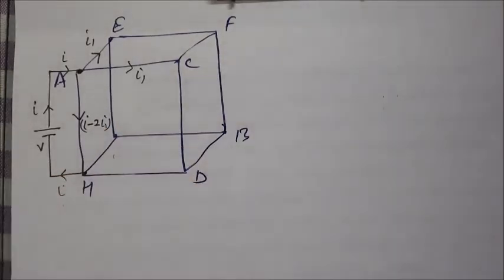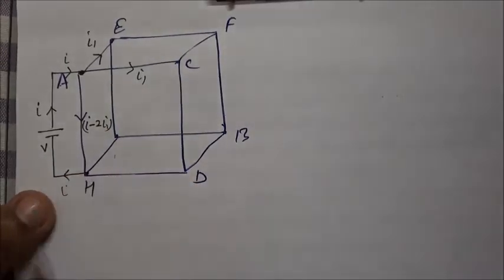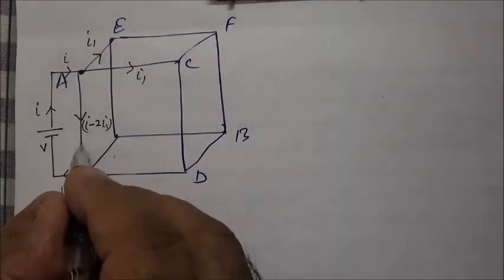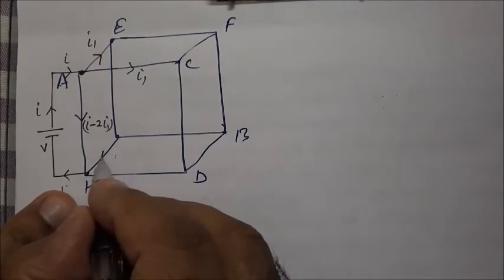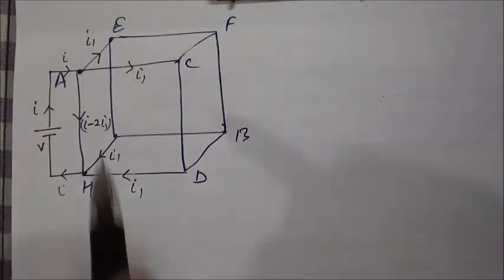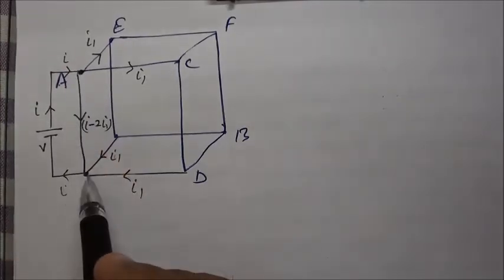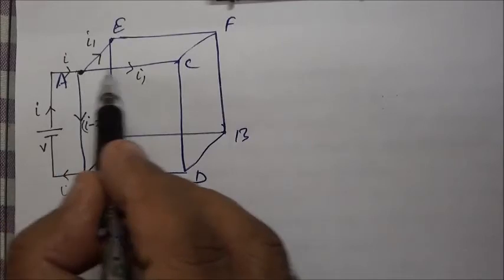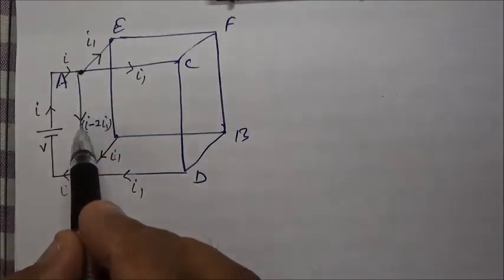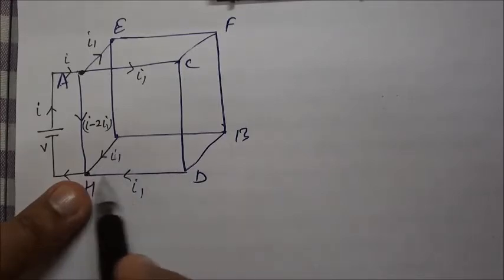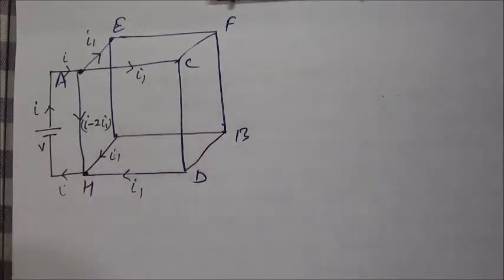Now see from this point of view. Now this is I minus 2I1 coming from this. From this we will be getting I1, and from here also we will be getting I1. Symmetrical, if we look from this or from this, the cube is symmetrical. So if I1, I1, I minus 2I1 going in these branches, then from here also we should receive I1, I1 and I minus 2I1 from here.